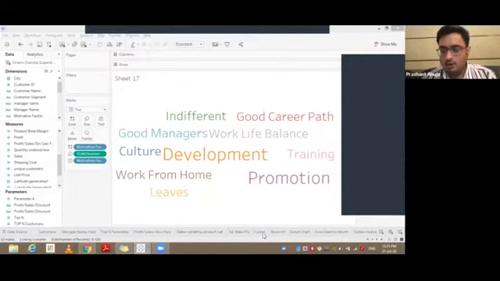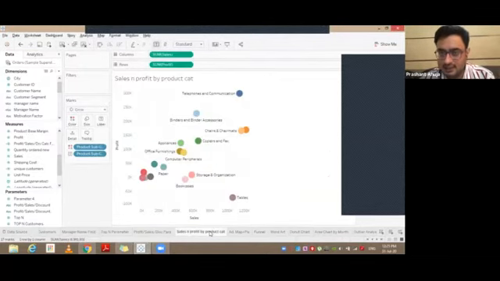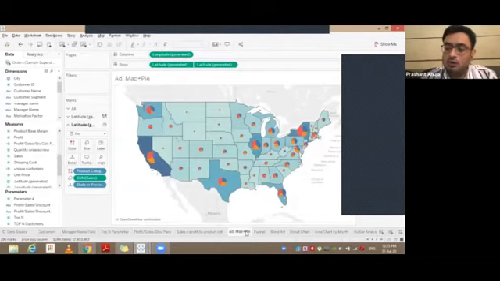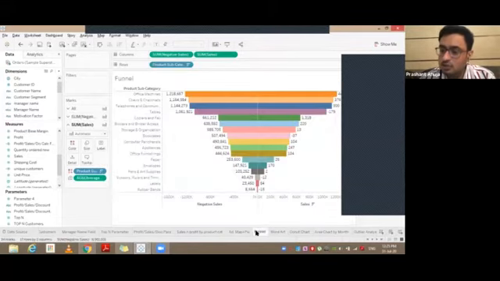Moving on, we have learned how to create a 3D chart which represents sales and profits for each product category. We have also learned how to create a geographical chart with a multi-dimensional representation of a pie chart. We learned how to create a funnel chart which represents the top selling categories, which are drilled down to the bottom by the lower selling categories.